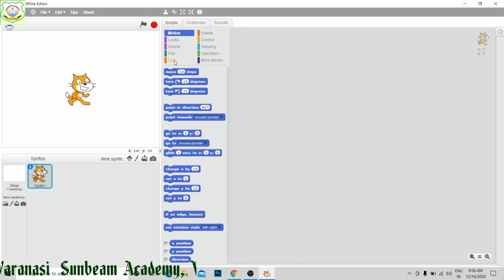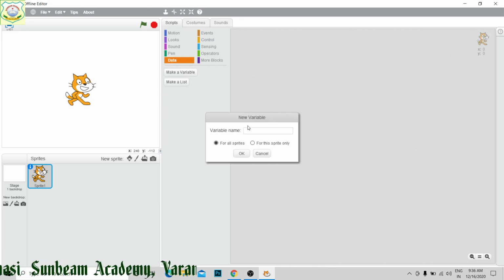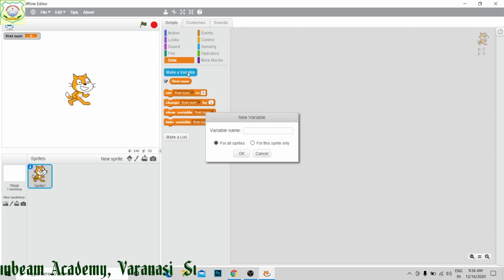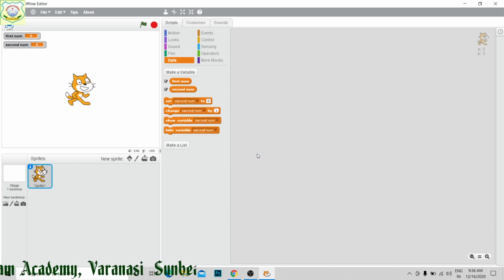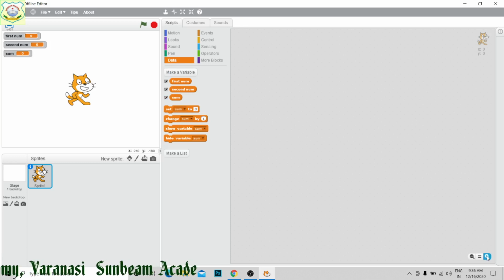So we will create first two variables, right? Suppose a first variable, I have taken first number, right? This is first variable. Then second variable, I have taken second number. Now we have to add into another variable, so we have taken another variable as sum. These we have taken. Now students, after taking these three variables, we have to get the sum of the values.